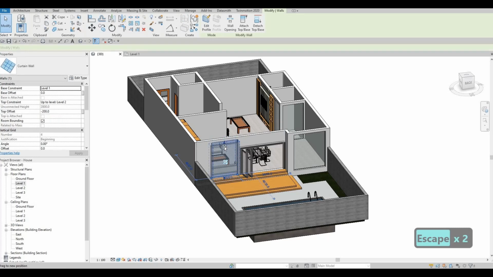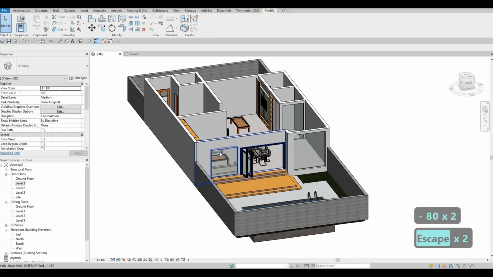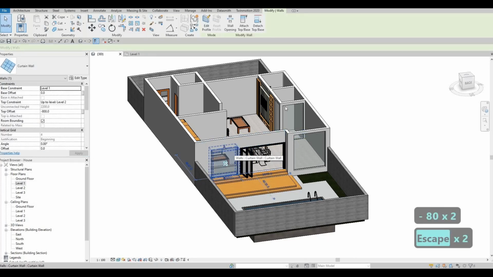So I need to pull it down a little bit more and negative 800 instead, because I just want my floor to ceiling curtain wall to be only here, not on this side. So I'm actually gonna copy this to apply on this side,